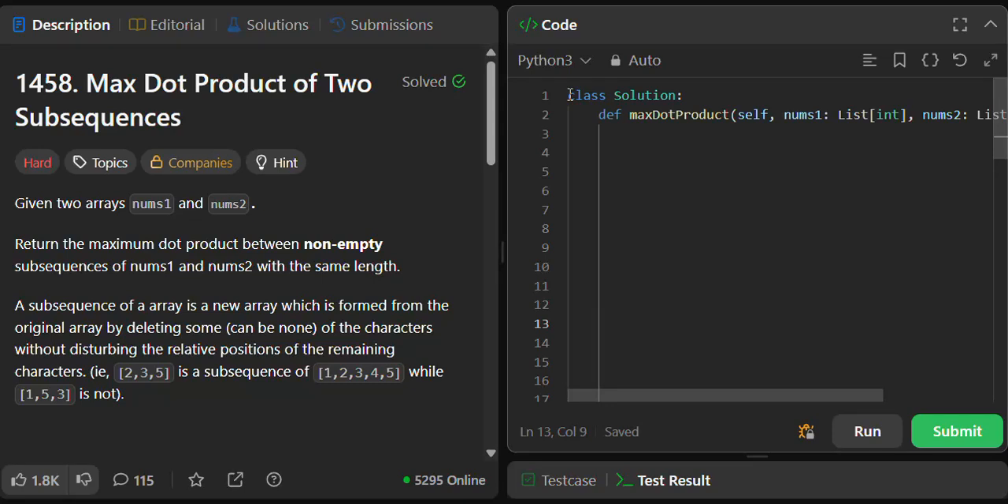I am Ritika and today we are going to solve the LeetCode daily problem, Max Dot Product of Two Subsequences. So let's quickly understand what the problem said. Given two arrays nums1 and nums2, return the maximum dot product between non-empty subsequences of nums1 and nums2 with the